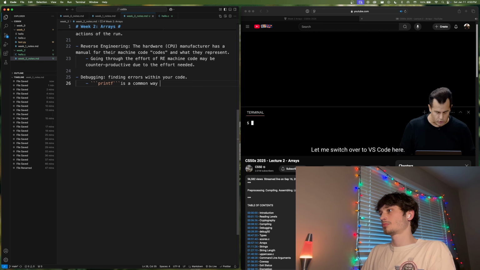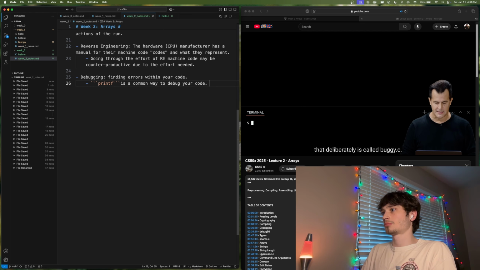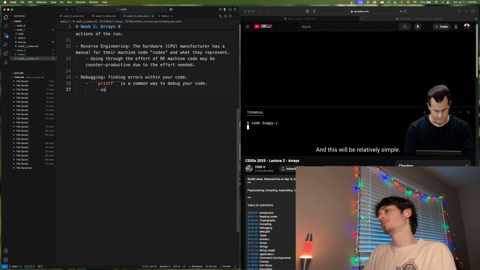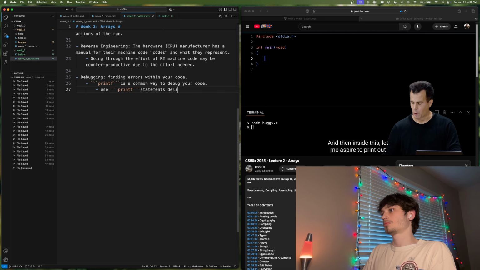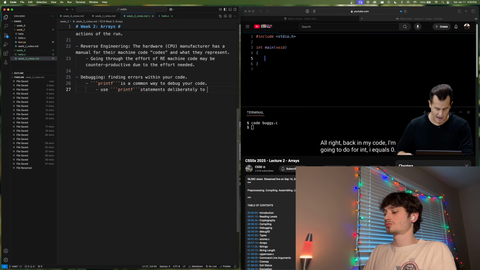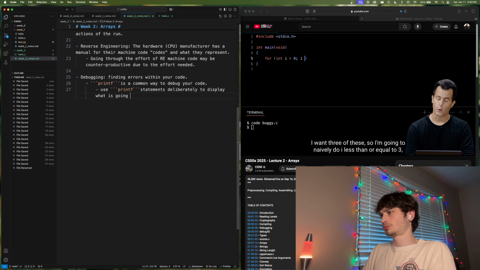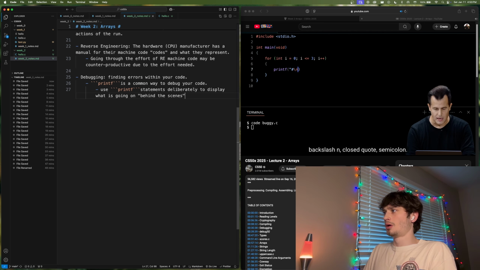Let me switch over to VS Code here, and let me create a new file that deliberately is called buggy.c. So code buggy.c, and this will be relatively simple: #include <stdio.h>, int main(void), and then inside this, let me aspire to print out this column of bricks here, of 1, 2, 3 bricks, top to bottom. Back in my code, I'm going to do for (int i = 0; ...). I want 3 of these, so I'm going to naively do i <= 3; i++, and then inside of my for loop, printf("#\n");